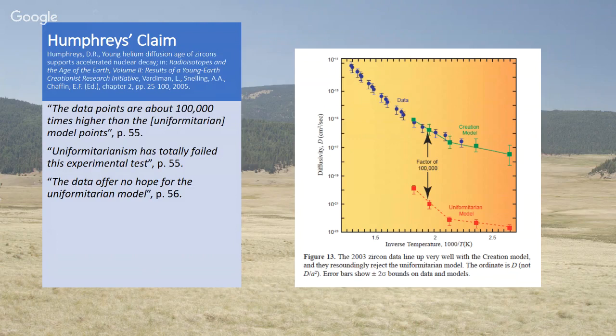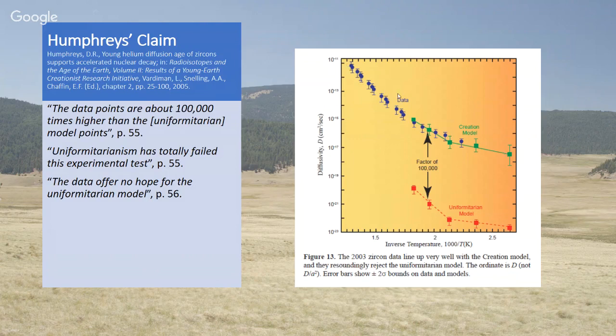And he created two models. One model was based upon young Earth premises and had a model time of 6,000 years. And the other one was an old Earth model. He calls it the uniformitarian model. And it had a time factor of over 1 billion years. And from these models and the amount of helium that Gentry had observed, he calculated an effective diffusivity.